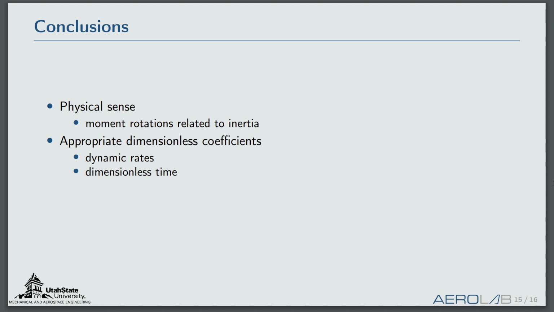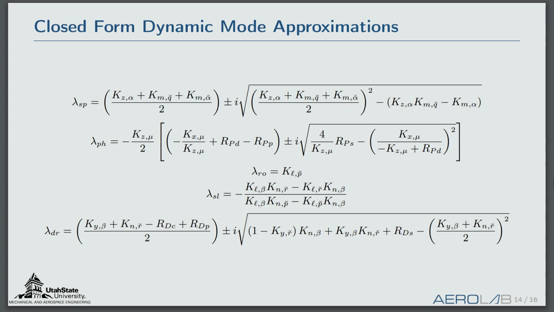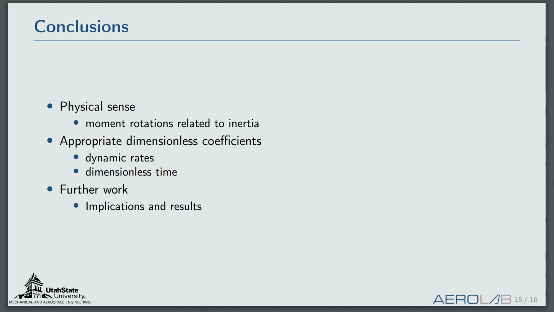And the last thing, once again, is that dimensionless time variable we talked about. That was the same across these linearized longitudinal and lateral systems. And once again, looking at these eigenvalues, we would be able to compare non-dimensional eigenvalues between the longitudinal and lateral modes, where we wouldn't be able to do that with the traditional method. So for further work, we would love to look at some of the implications of this method. How does the dynamic scale of these non-dimensional eigenvalues compare to the traditional method, as well as running these results